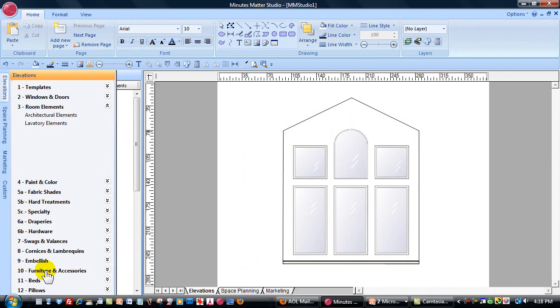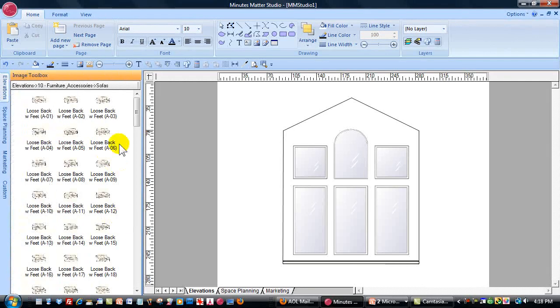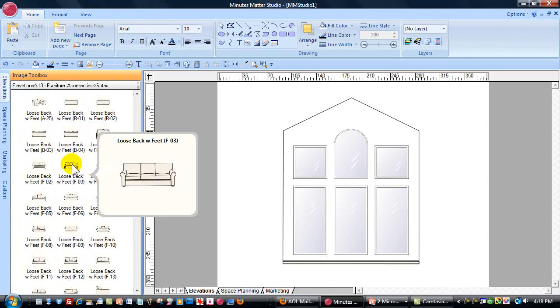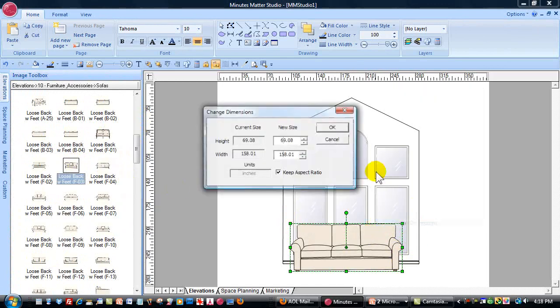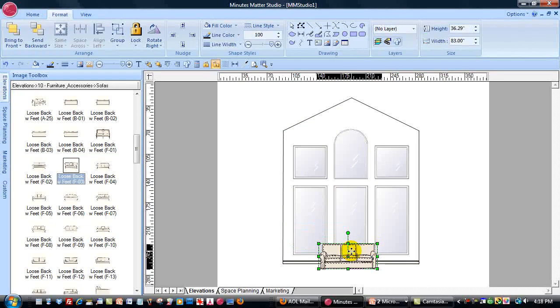And finally we'll bring in our furniture. Any image that you select from here will have to be resized. Here's our sofa that we're proposing, and it's way too big, so we'll also change the dimensions on that to make it 83 inches wide, and you can see how tiny that is in relation to the rest of the room. You would do the same thing with any of your window treatments,